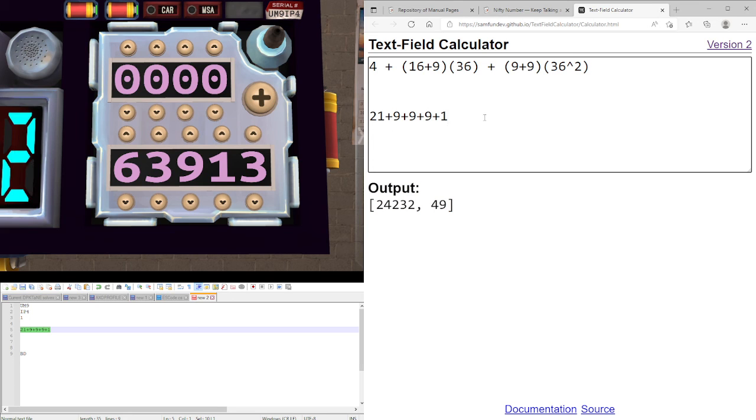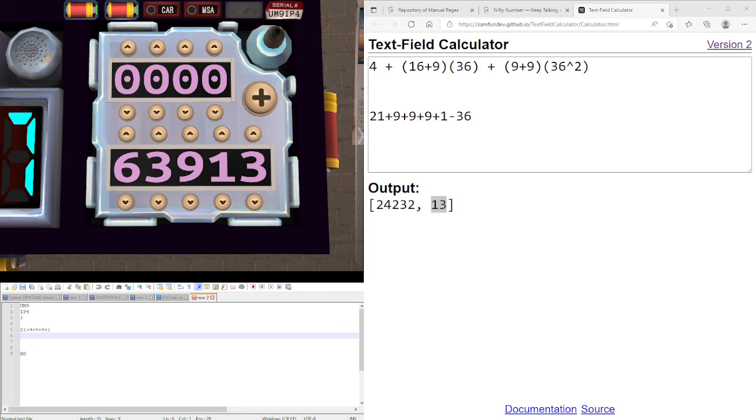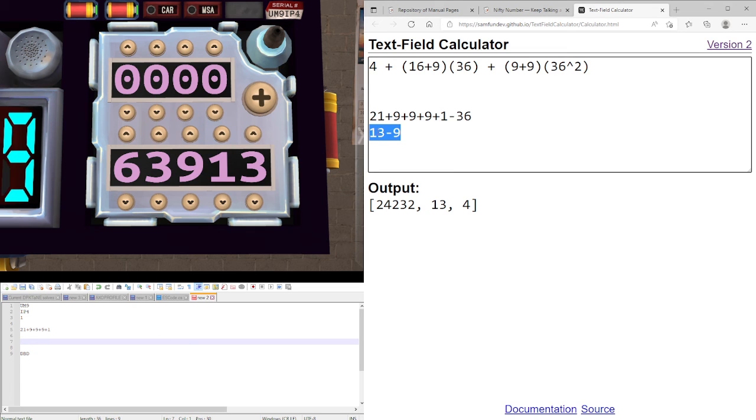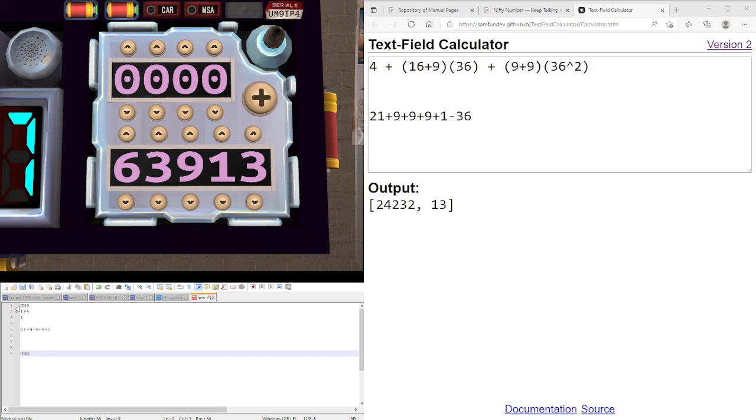So we have 49. Again, subtract 36 from that. Our first will be 13. 13 minus 9 is 4, so we have D. If the number is a one-digit number, it's just that number. And then we carry 1 over to the next column. But I think since there's nothing in the next column, this technically is 0 and 0. Our final digit is 1, so this is converted to 1,